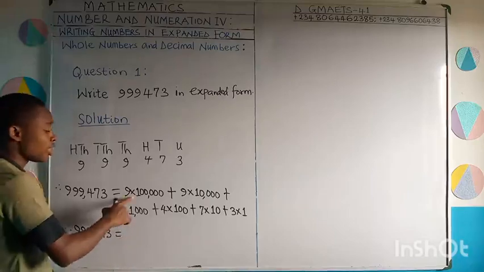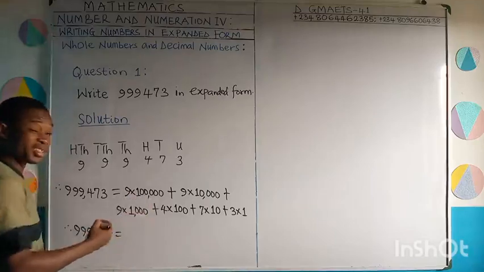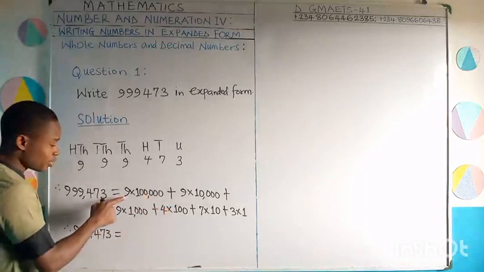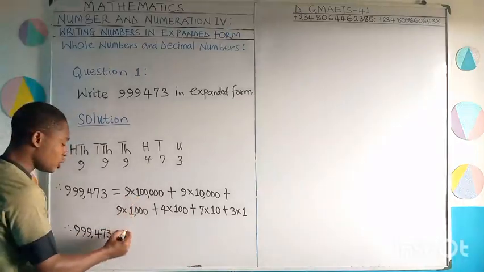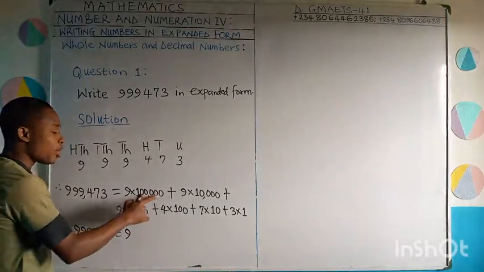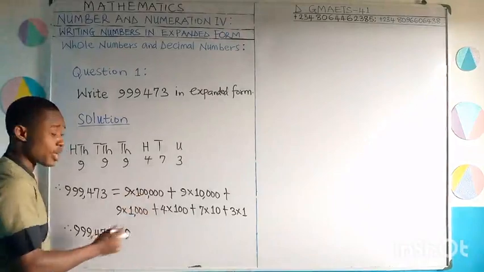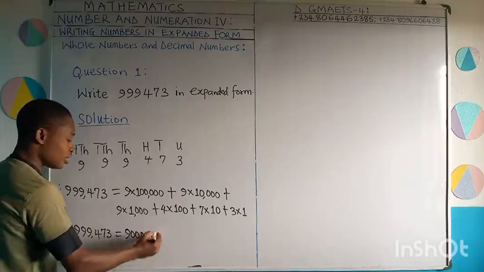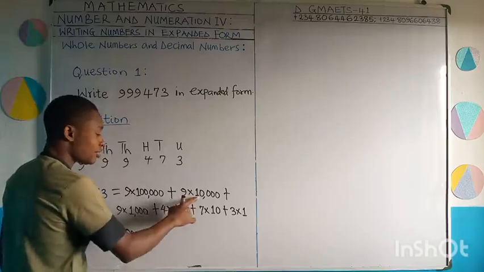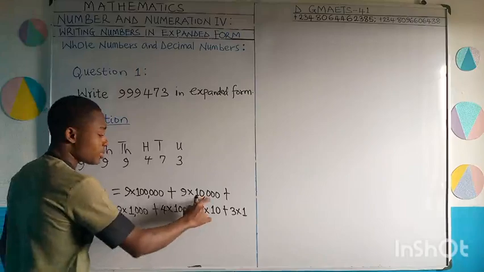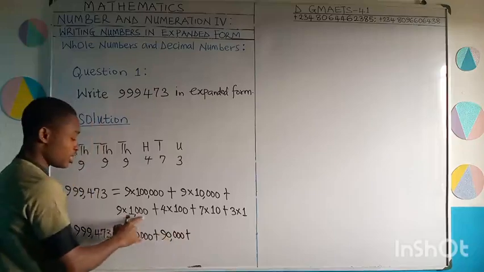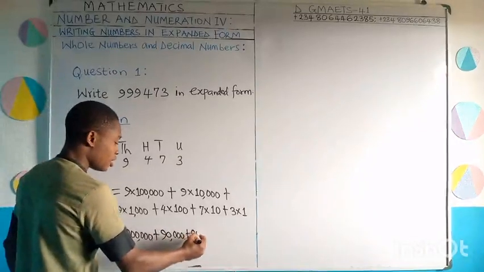999,473 is equal to 9 times 100,000, which is 900,000. How do you get that quickly? Simply use this 9 to multiply this one, and you will get 9. Then attach the number of zeros you have there. And how many zeros do we have here? 5 zeros. So it is 900,000 plus, do the same here, 9 times 1 will give us 9. How many zeros do you have here? 4 zeros. So that is 90,000 plus,